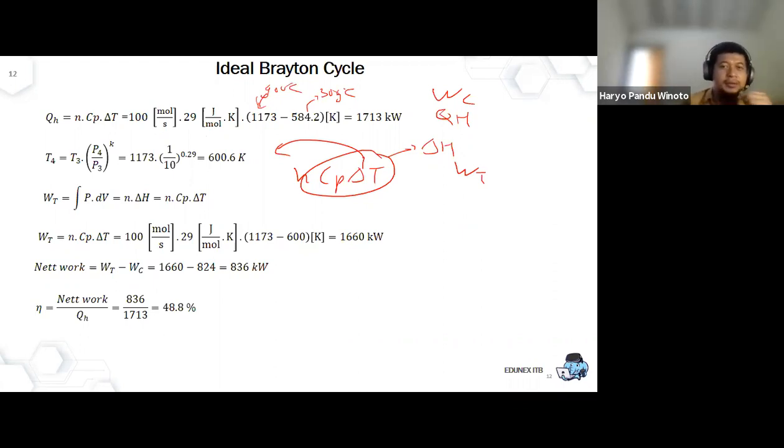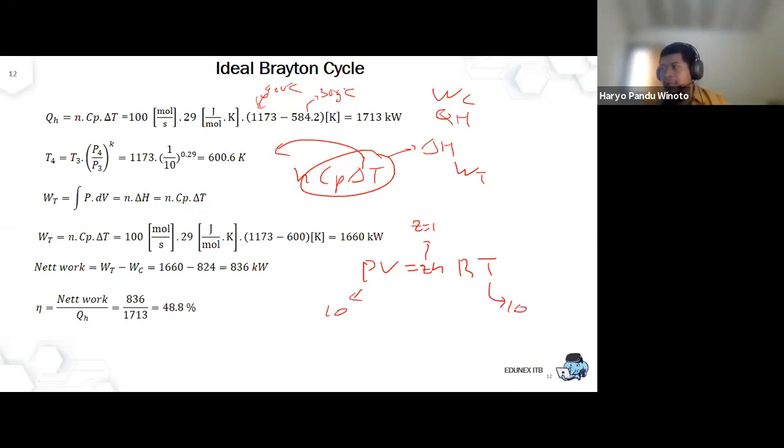Because the value is equal, okay? PV and RT here. Maybe Z here. Z is equal to 1 for an ideal gas. When you increase P here by 10, T has to compensate by 10, for the same volume. So use this one. If in the future you forget, suppose I forget this relationship,